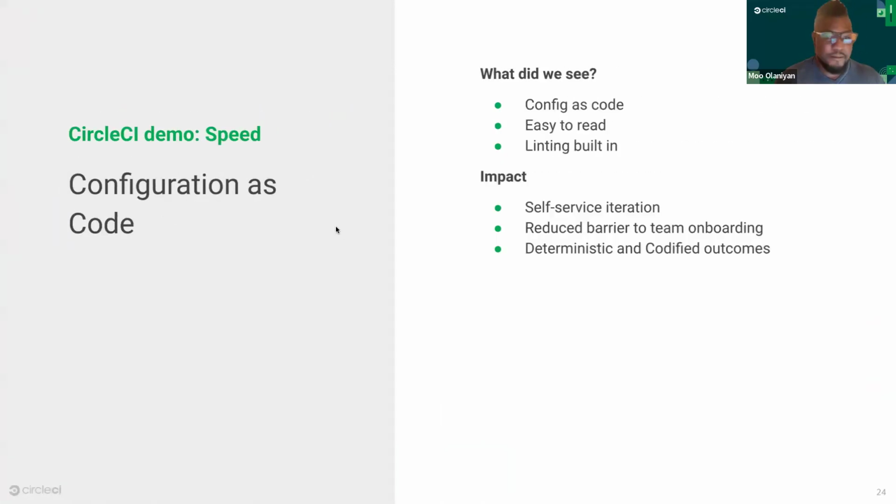So what did we see here? We saw an easy to configure, easy to read configuration file, which ultimately builds our pipelines. It even has built-in linting. And ultimately, this allows our developers to quickly onboard onto CircleCI, quickly acclimate to reusable commands, especially in the form of orbs, and very quickly get building good quality software.